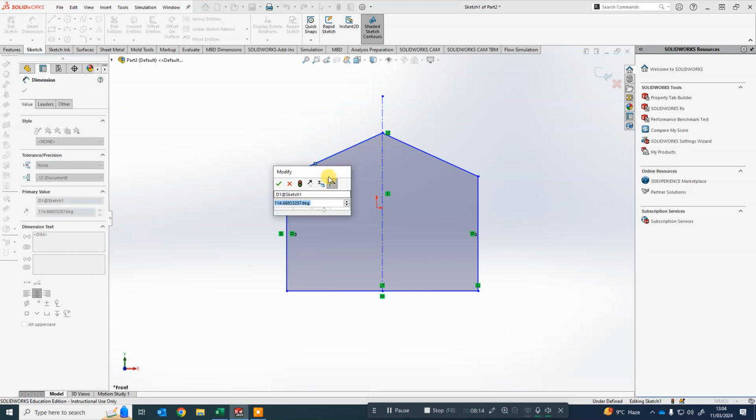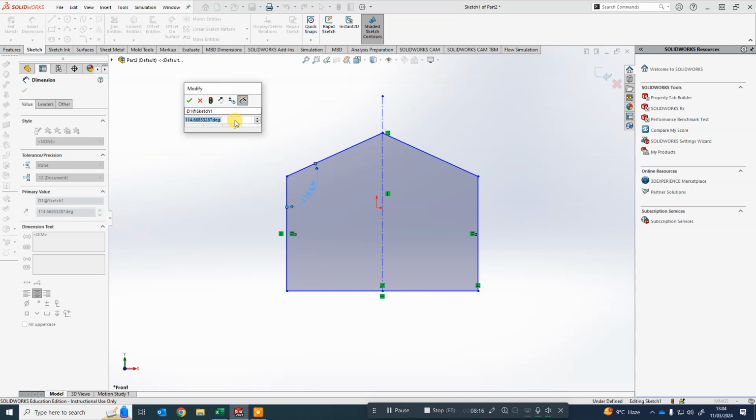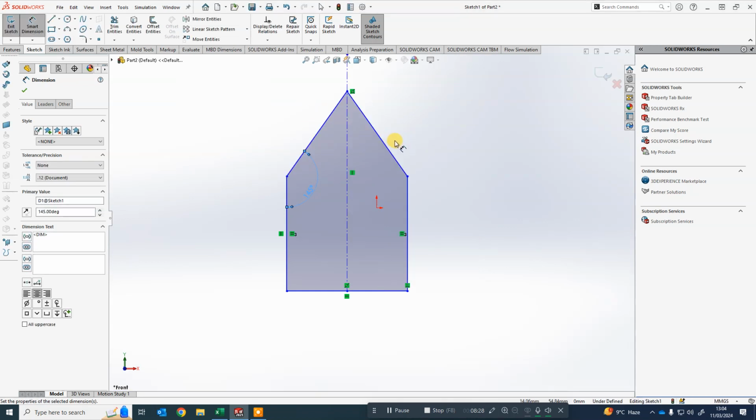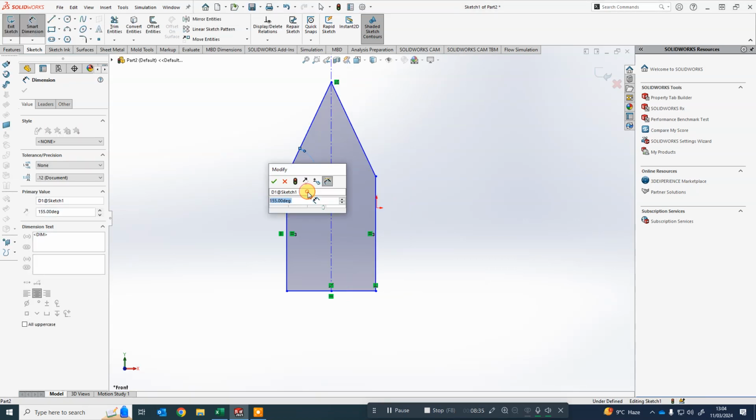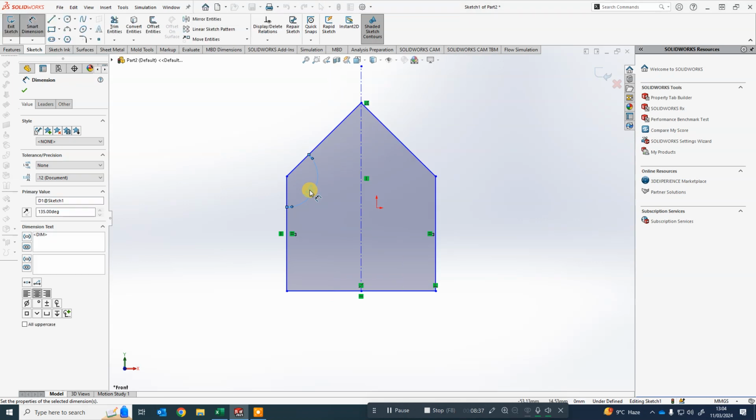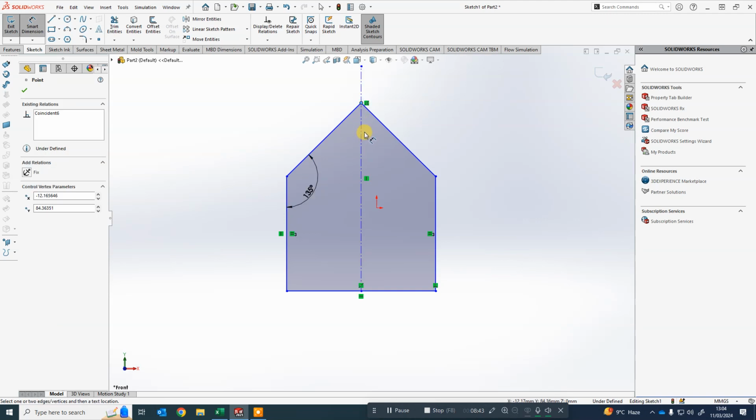So I don't want 35 degrees. Well, it would be 180 less 35, which would be 145. Yep. So if I go 145 and hit enter, you see what that's done? It's given us quite a pitched roof. In fact, you know what? I don't like that. Let's make it a bit shallower, 155. That was the wrong way, you muppet. 135. That's better. Now notice, because this line is fixed to there,